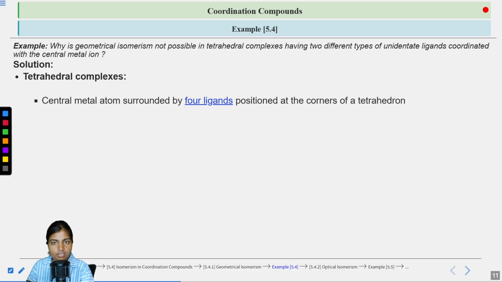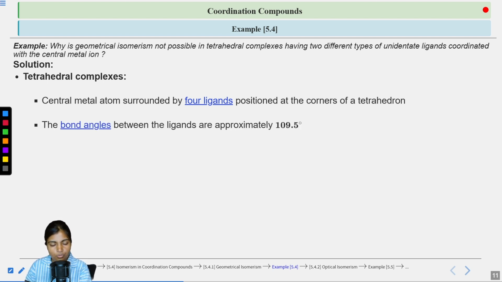So at the corners of the tetrahedron we have four ligands positioned and that is forming the tetrahedral complex. Now the bond angles formed between the ligands are